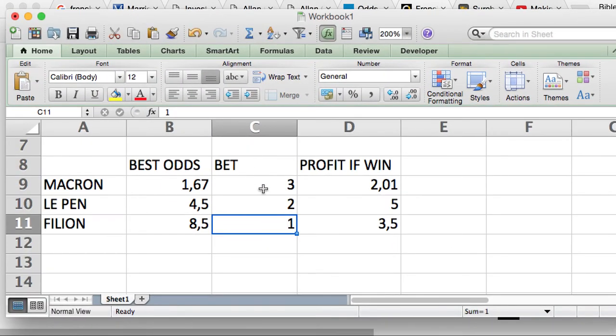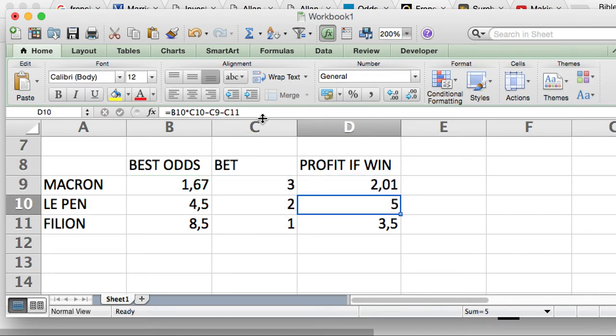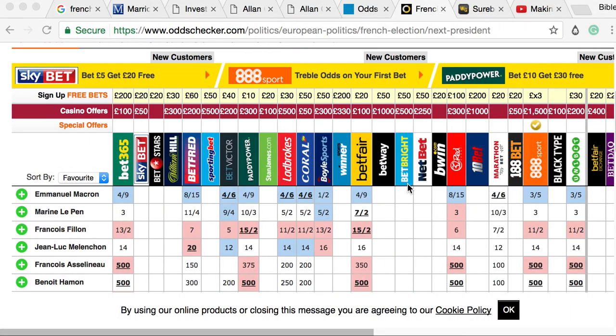I mean, you're an actuary. You should be able to set up this Excel sheet here. I'm showing you the formulas. Okay, pause your screen, look at that. Pause your screen, look at that. Pause your screen, and look at that. Okay, those are the formulas. Go make this Excel sheet. The odds are always changing. So that's another risk, if you don't do it quick enough, the odds might change and you might fall out. But if you want to have a lot of fun with this election, go ahead.